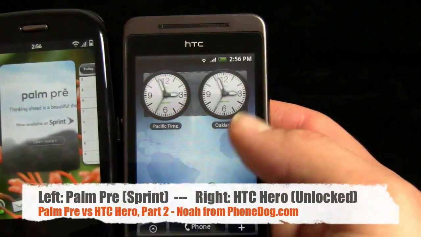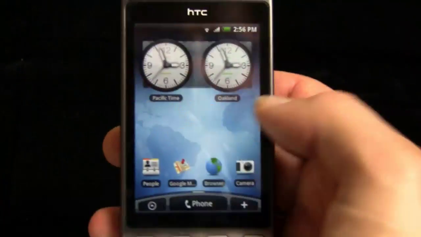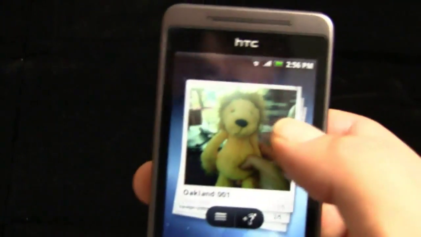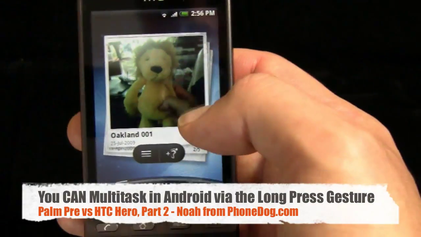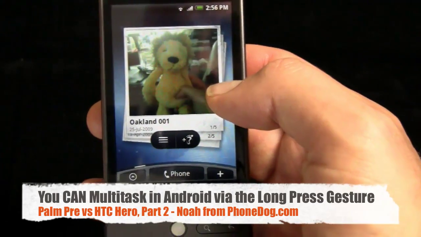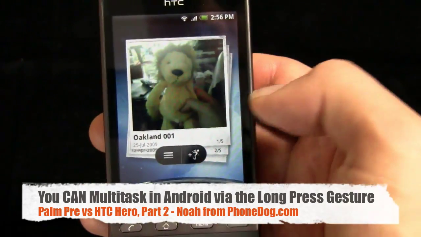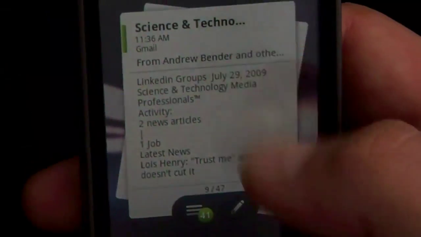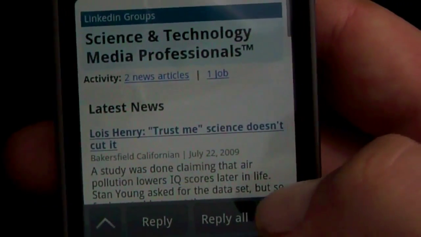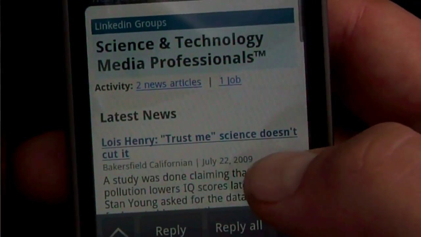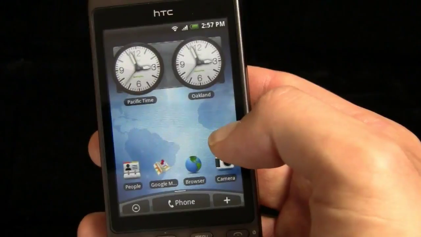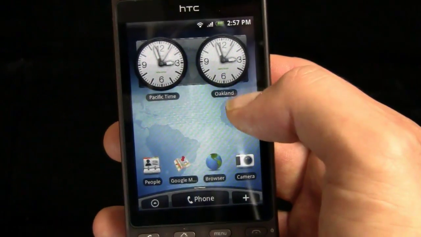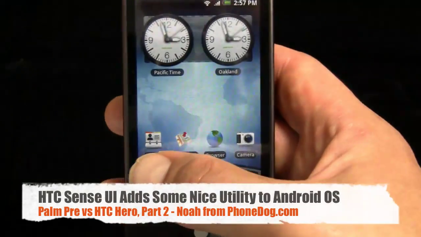Android, on the other hand, you've only got one main thing happening at a time, but you can have these different widgets going. So I've got the HTC Sense UI, which is really cool because it has some neat widgets. This is Footprints, which is kind of a geotagging, photo, GPS-enabled widget. Here's their Mail widget, which taps into HTC's Mail application, which I prefer very much to the standard Android Mail application. There's a clock widget on top, the analog, dual world time clock, and then I've got some